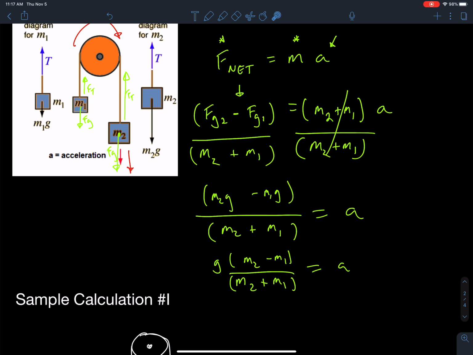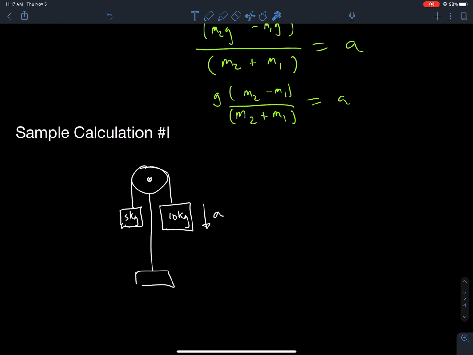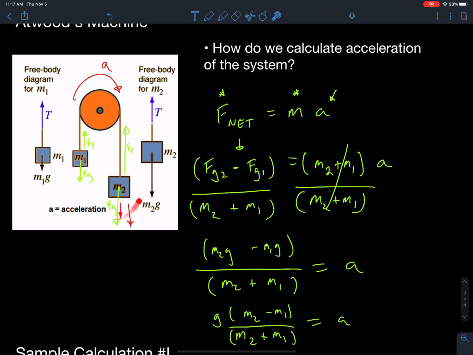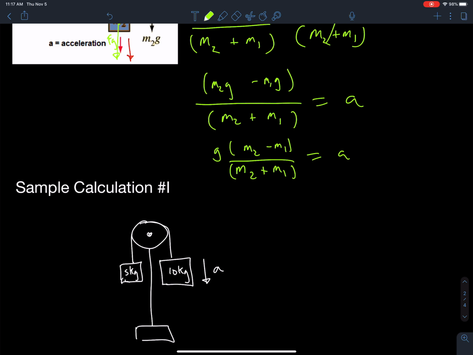Okay, so let's do a sample calculation of a pulley system. Let's imagine I have 10 kilograms on this side and 5 kilograms on that side. Now if I was solving this problem, I would draw my free body diagram to illustrate all this. But since I've just done that over here, I'm just going to skip all that and use the equation that we've created. All right, so the equation was g times (m2 minus m1) over (m2 plus m1)